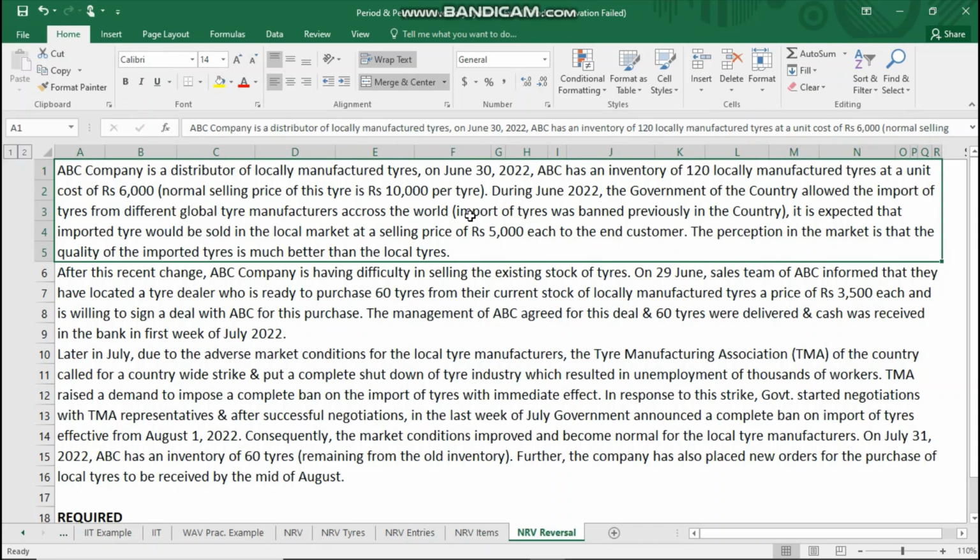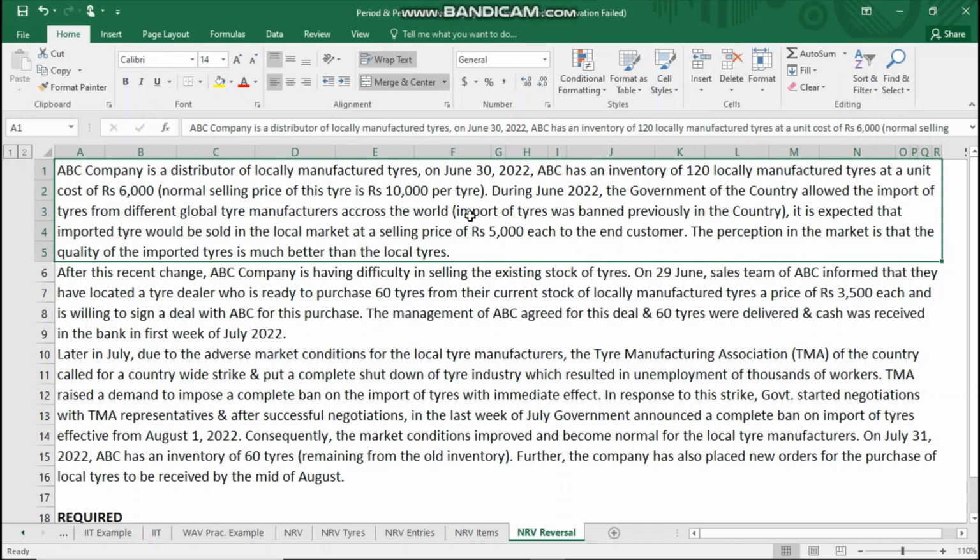और थर्ड चीज जो हमने देखी कि अगर कोई ऐसी इन्वेंट्री जो कि पहले प्रीवियसली राइट डाउन की गई हो और वहाँ पे सिचुएशन ये हो कि कॉस्ट एक्सीड कर जाए नेट रियलाइजेबल वैल्यू से और बाद में सर्कमस्टांसेस चेंज होने की वजह से ऐसा हो जाए कि अब नेट रियलाइजेबल वैल्यू कॉस्ट से एक्सीड कर जाए, तो उस केस में हम अकाउंटिंग एंट्री कैसे करते हैं। उस केस में हमें एनआरवी प्रोविजन जो पहले हमने क्रिएट किया होता है उसको हमें रिवर्स करना पड़ता है और उसकी अकाउंटिंग एंट्री हमने देखी कि एनआरवी प्रोविजन को हम डेबिट कर देते हैं और कॉस्ट ऑफ गुड्स सोल्ड को क्रेडिट कर देते हैं।